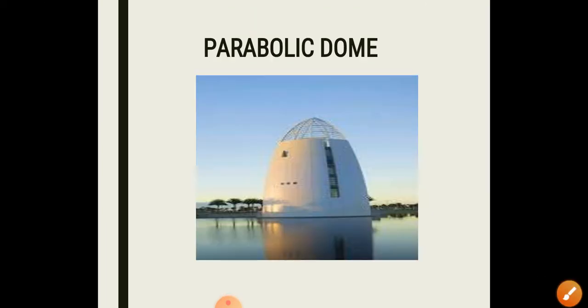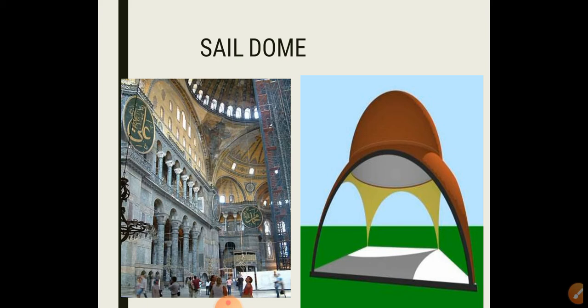Next, you have the parabolic dome. The shape of this dome is parabolic, that is why the name is parabolic. The advantage of this is that the bending stress due to the uniformly distributed load of its dead load is zero. Hence, it was widely used in ancient times before composite structures came into the picture. Next, if a point load is applied on the apex of a parabolic dome, the bending stresses become infinite.